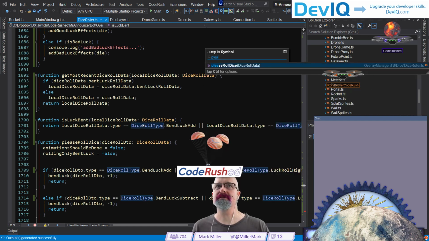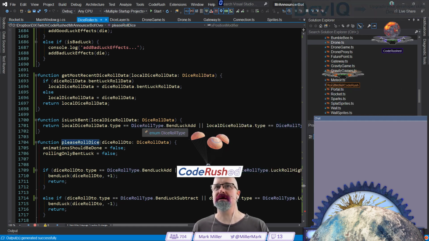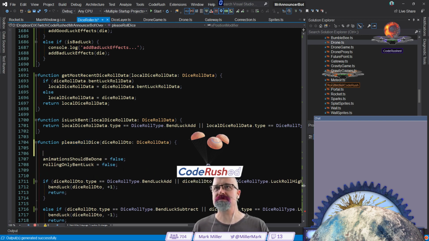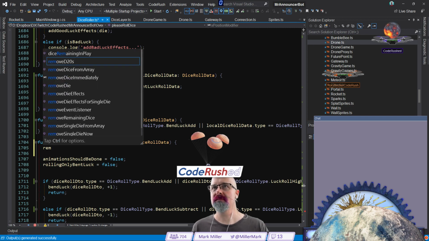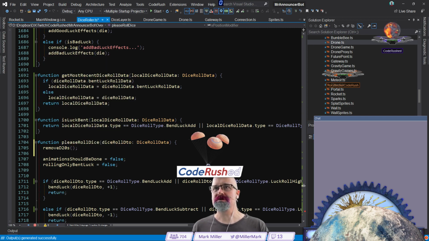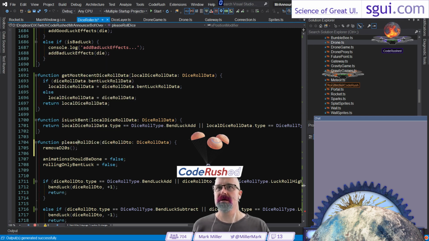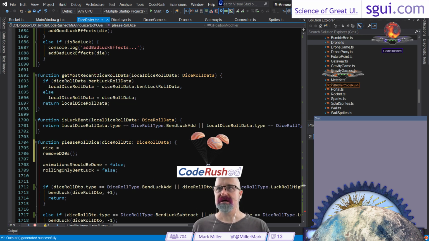I don't know yet. To be honest, I think we could have problems. But what I want to do is remove d20s here right after I set it up with some data. So I want to say dice equals